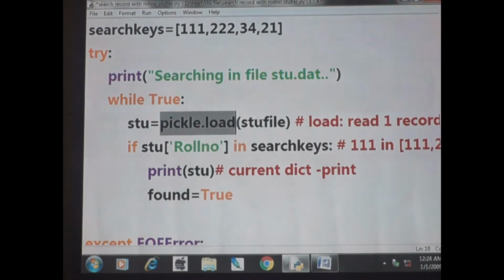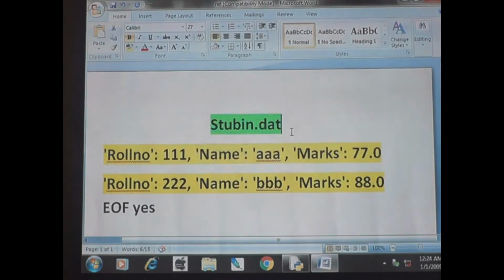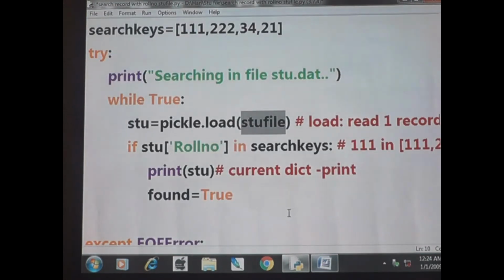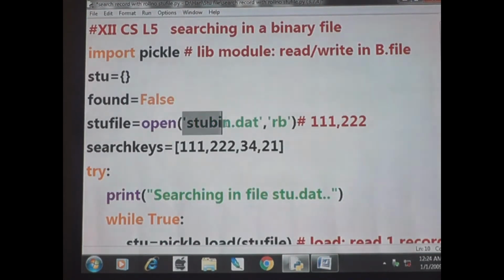Understand? Okay. Then what is this stu file? Stu file means, very simple, we are dealing with stubin.dat. It is a binary file. Okay, but this binary file was stored in the file object stu file. That is, if I want to read anything in stubin.dat, I have to use stu file.